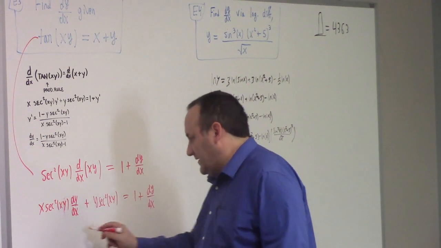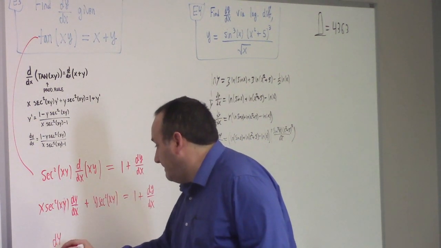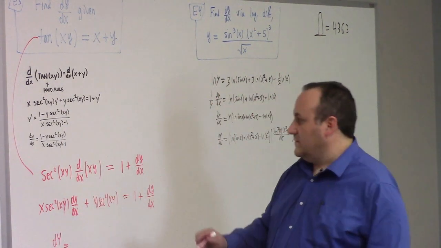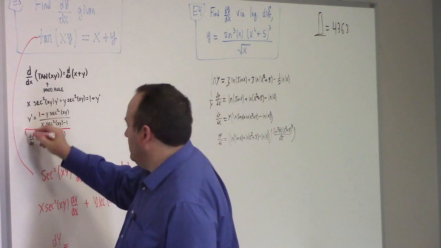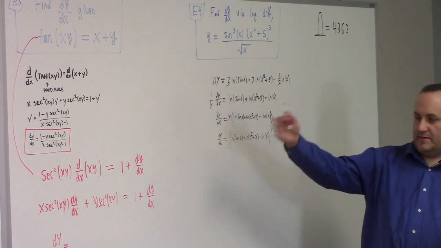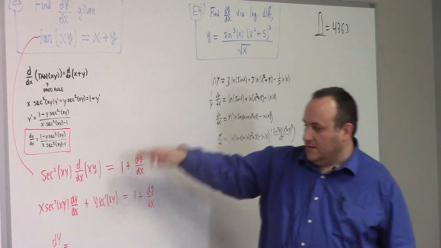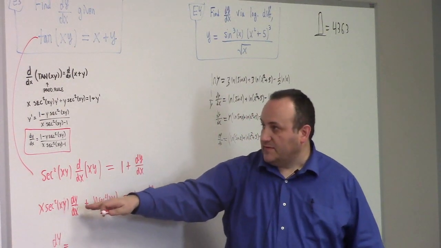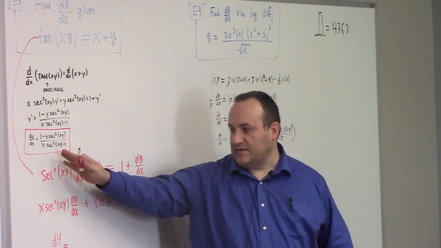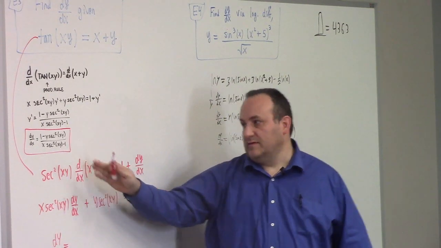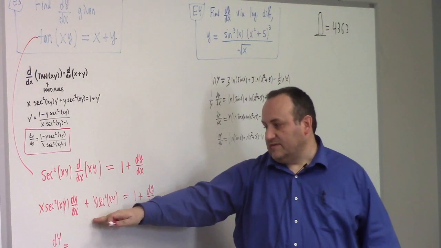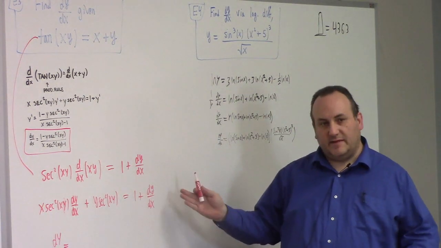Now solve for dy dx, we got what? I think this is right. I don't really need to rewrite this. So yeah, you got it. Woohoo! Very good. So all that's been done here is just put the dy dx both on the same side, so you get x times secant squared xy minus 1. And then on the other side, you've got 1 minus y secant squared xy, and then you divide.